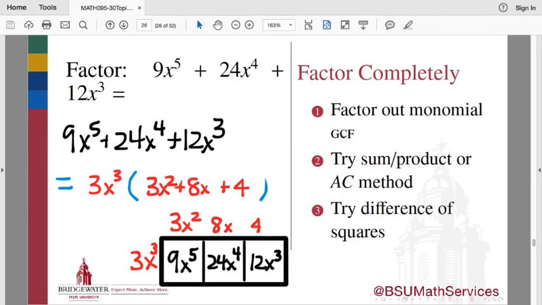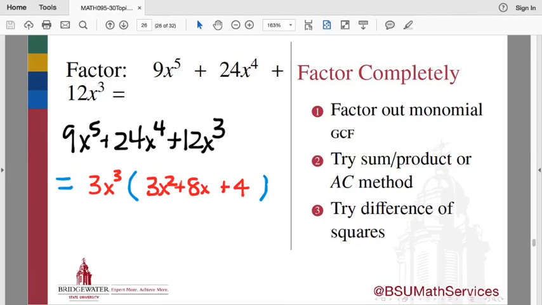There we go. So now I've brought out as much as I can bring out, because now 3x squared, 8, and 4 don't have anything that's common to those 3. Right? There's no number besides 1 that goes into 3, 8, and 4. And there's no number of powers of x that exists in all 3 of these terms, because in particular this last term doesn't have any x's at all. So 3x to the third is called the greatest common factor of these 3 terms. And now I've succeeded in the first step in my grand strategy for factoring, which is to factor out the greatest common factor. But the story doesn't end there,